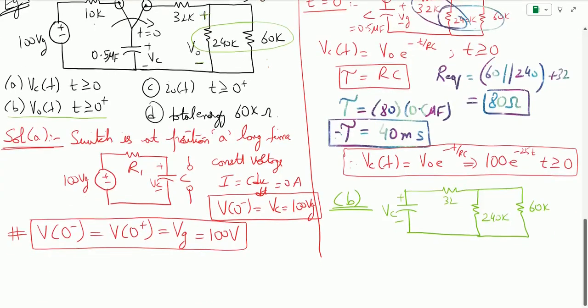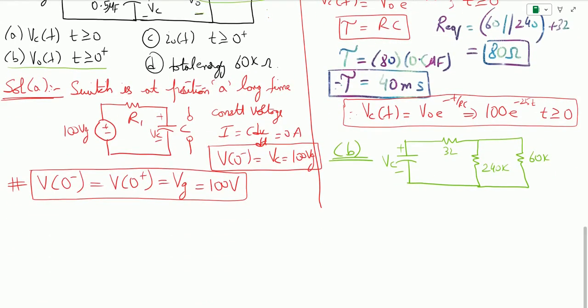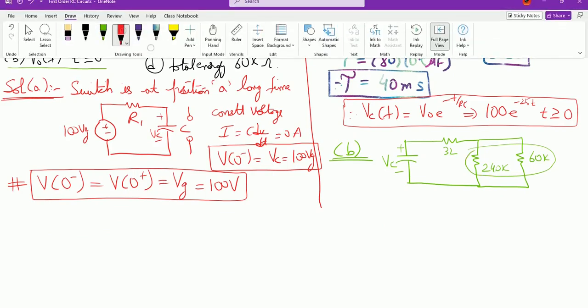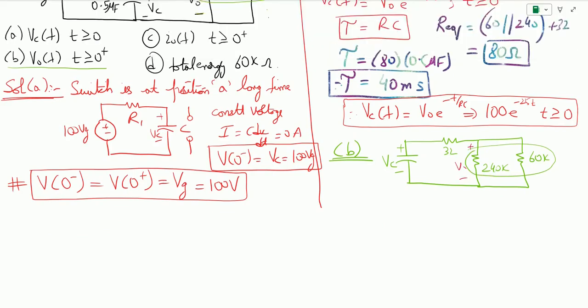So we can solve this very easily by finding the R equivalent, because the unknown voltage V naught is across this resistor. So what I can do is I can first find the R equivalent between 60 parallel to 240k. This comes out to be